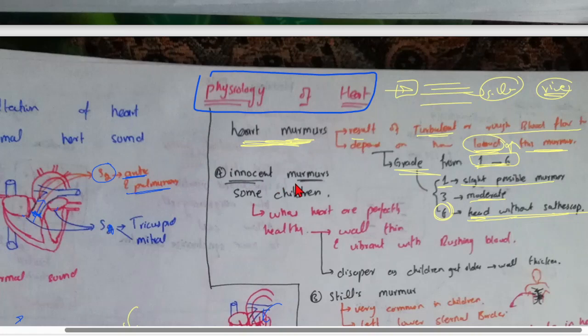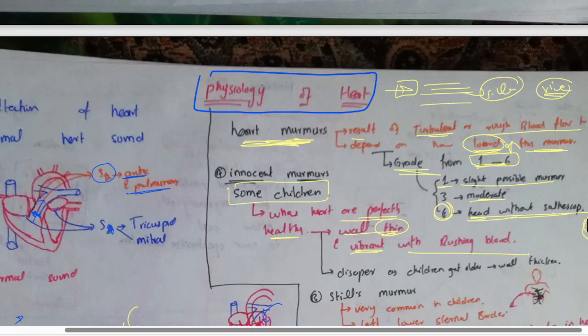Another thing is the innocent murmur. An innocent murmur is found in some children whose hearts are perfectly healthy. It is not an abnormal sound. Why? Because the wall of the heart is thin, so a vibration occurs with the rushing blood. When blood comes here, the wall is thin,